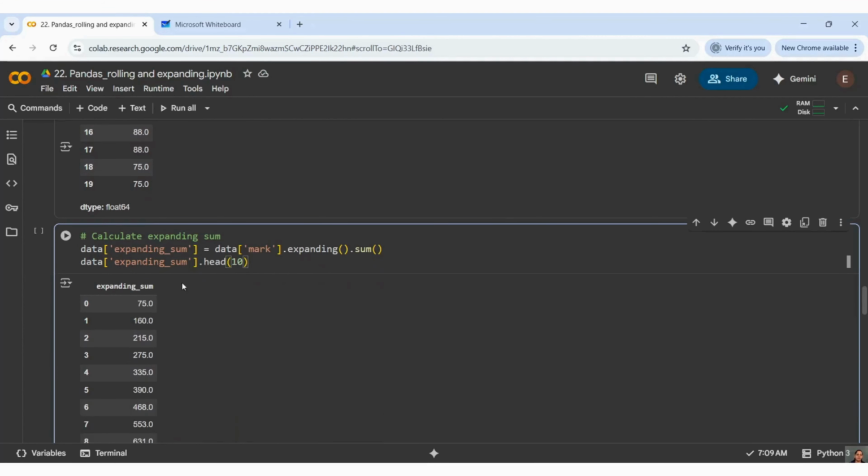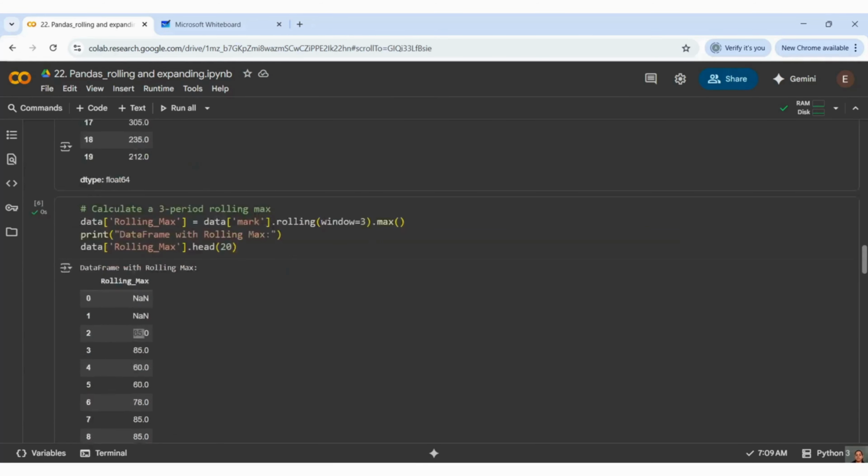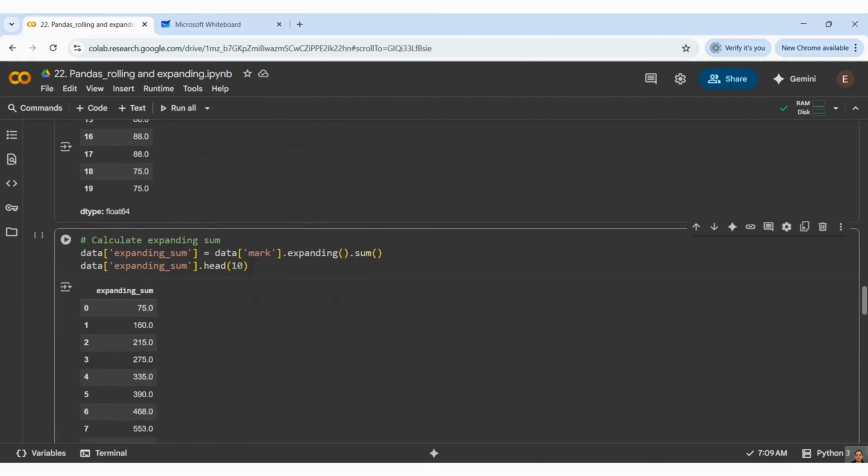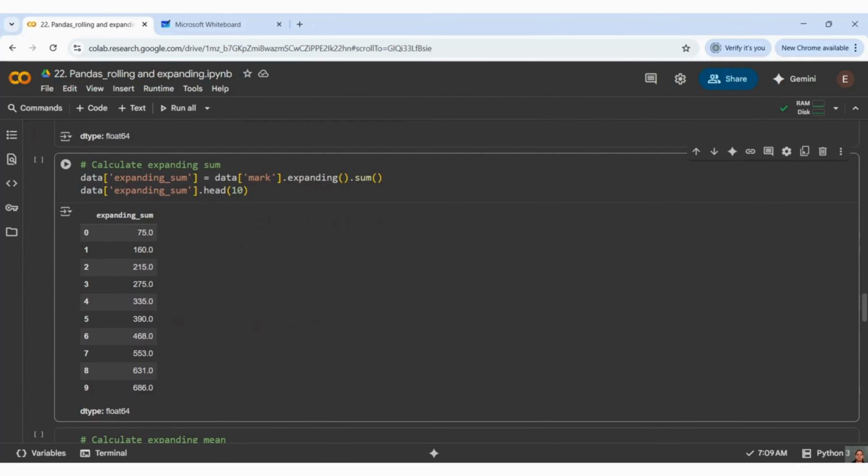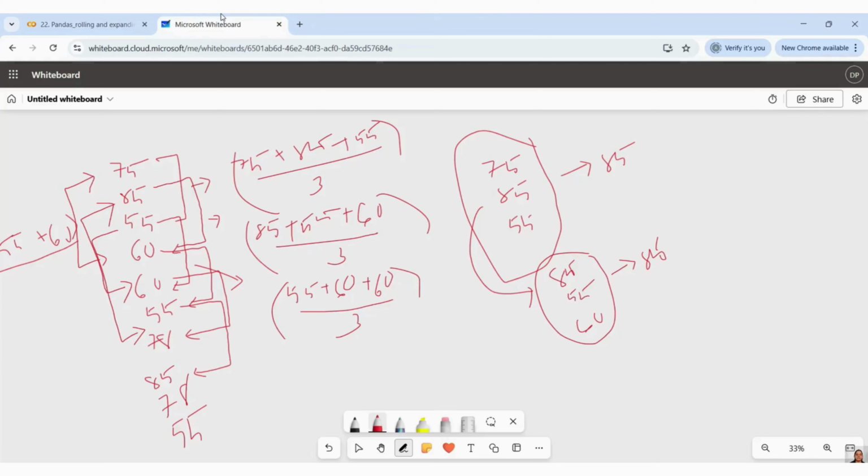Then I have something called expanding. Expanding means what, guys? Here we are doing it with a window. Expanding means it is not based on a window. It will just start from the first. And basically this expanding is useful for getting a cumulative sum or cumulative average or cumulative mean, like that. All cumulation, like how cumulation works, guys. Let me just give a brief idea about it.